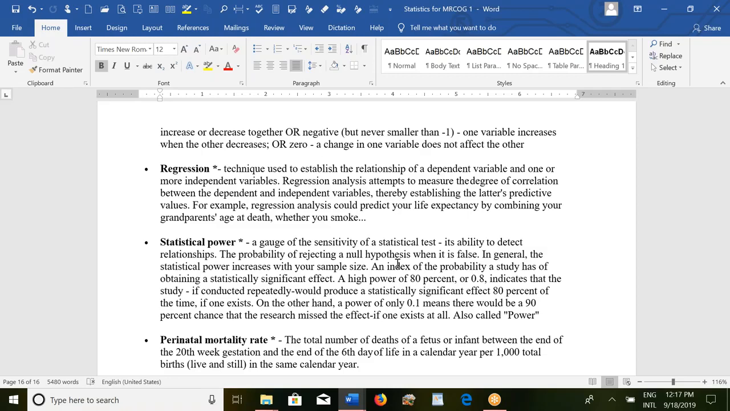Regression analysis attempts to measure the degree of correlation between the dependent and the independent variables, thereby establishing the latter's predictive value. For example, regression analysis could predict your life expectancy by combining your grandparents' age at death and whether you smoke and whether you have a healthy lifestyle or you have a sedentary lifestyle. Then what is a